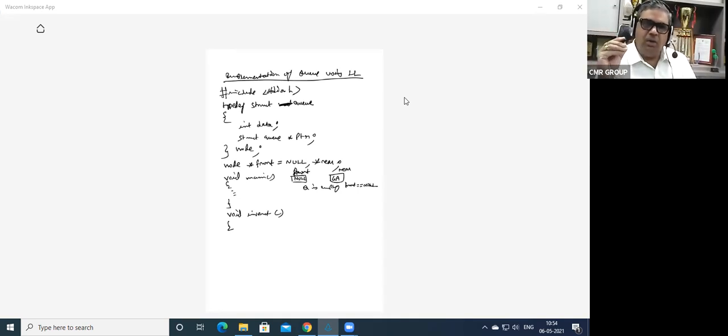Now, when the queue is empty, deletion of a node is not possible, but addition of a node is possible. But addition is not possible when the required memory is not allocated, when you cannot add a node. When do you say that the required memory is not allocated?